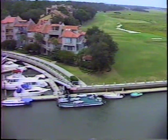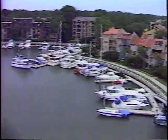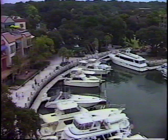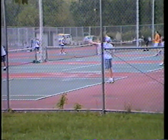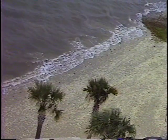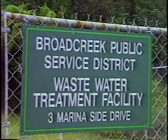Welcome to Hilton Head Island. 42 square miles of beautifully developed vacation land with over 200 restaurants, 300 tennis courts, 20 championship golf courses, and 12 miles of beaches. Due to the increased concentration of people on the island, the demands upon the Broad Creek